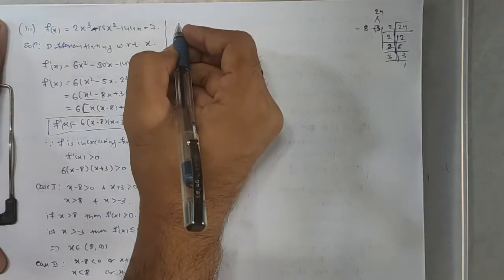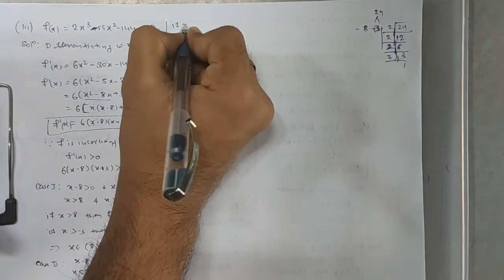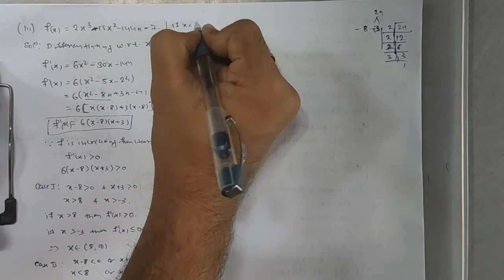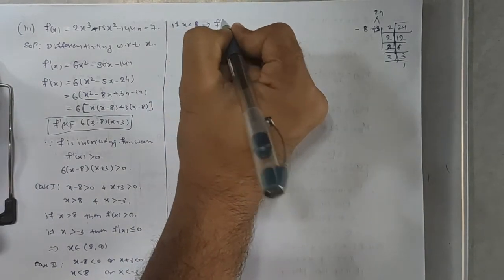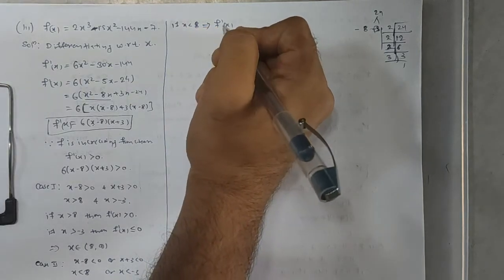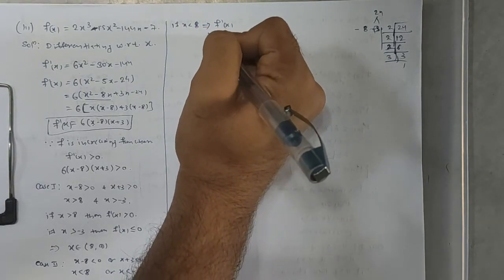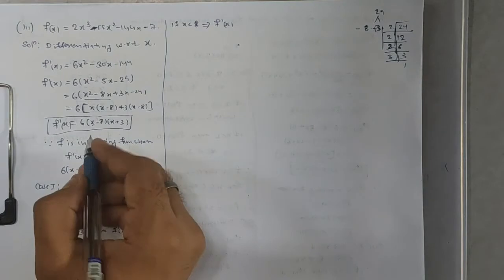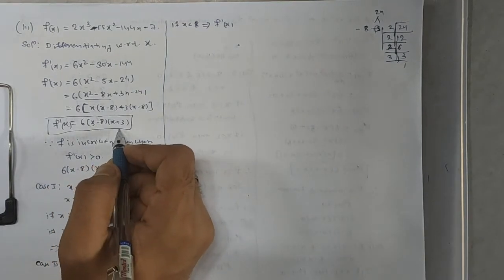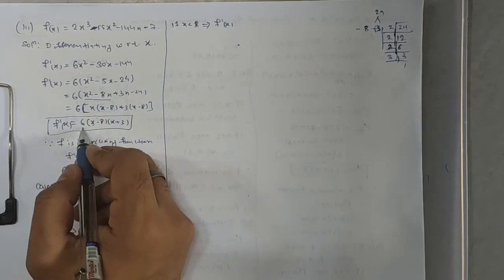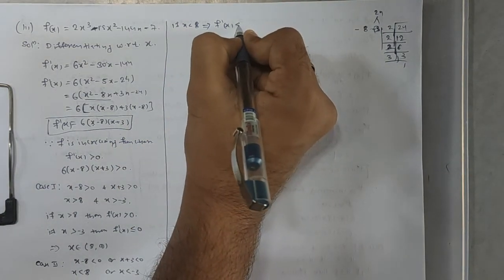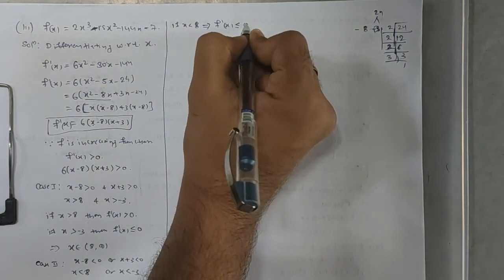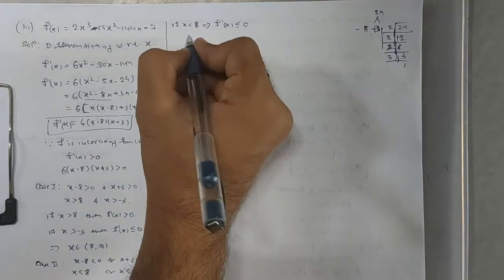So if x is less than 8, this implies f dash of x. Take x is less than 8, that means 7. So 7 minus 8, minus 1. 7 plus 3, 10. Minus 10 into 6, minus 60, which should be greater than 0, which is not true,